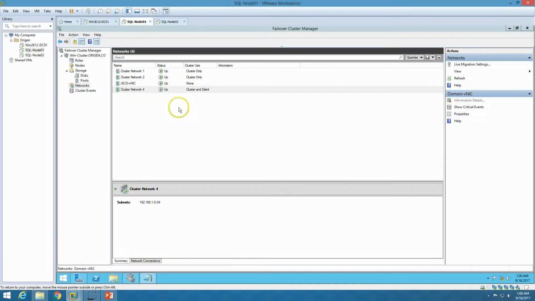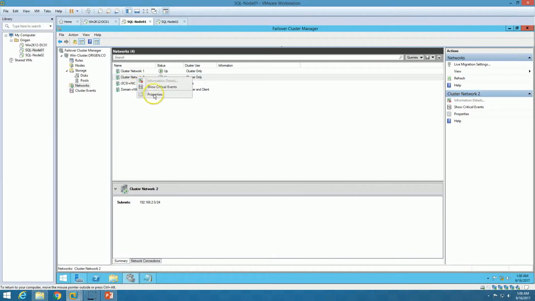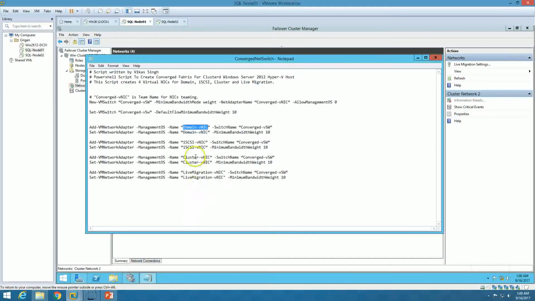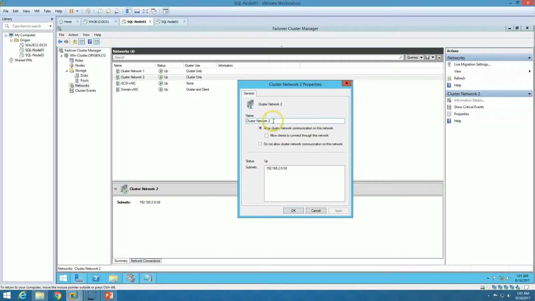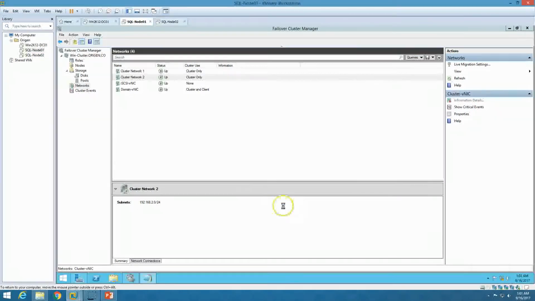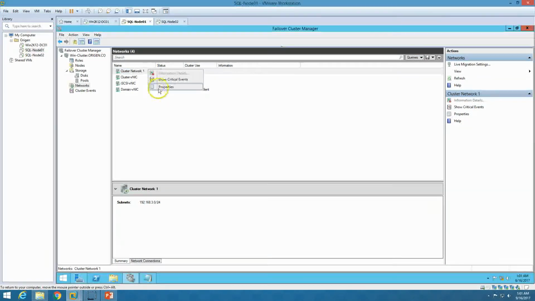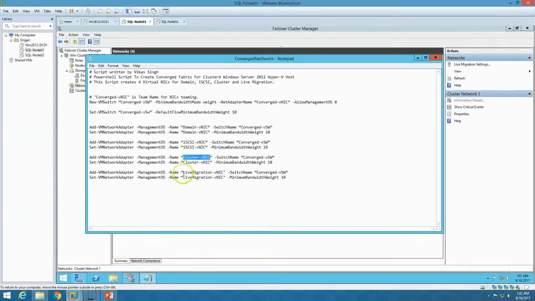And this is for cluster, so make it cluster network. And finally we have a live migration VNIC,